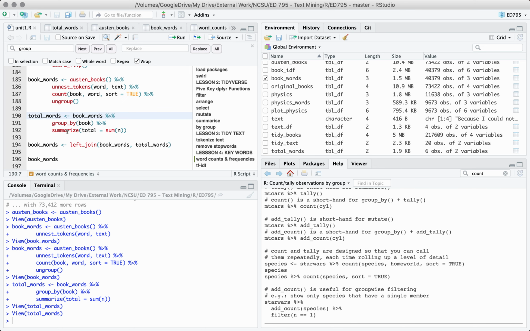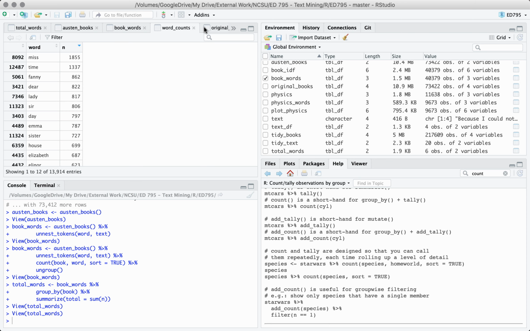So we have these two data frames now. And again, this is for illustrative purposes. We were introduced to the anti-join in a previous lesson, which allowed us to remove stop words. What this is actually going to allow us to do is look for matches. It's going to look for matches between